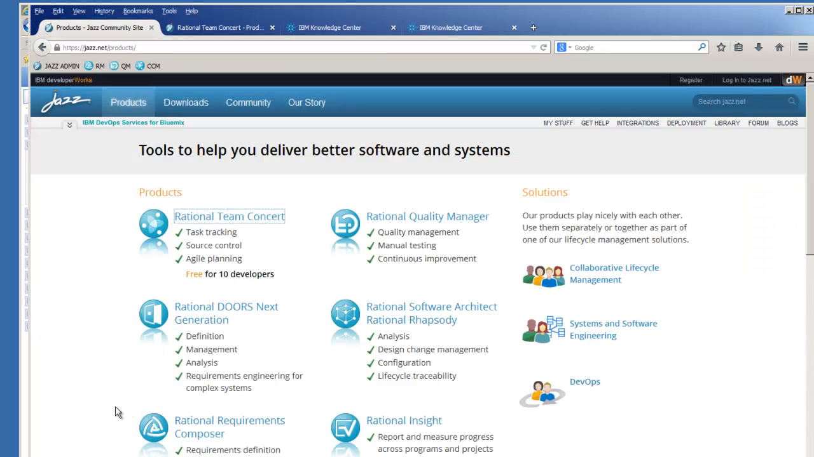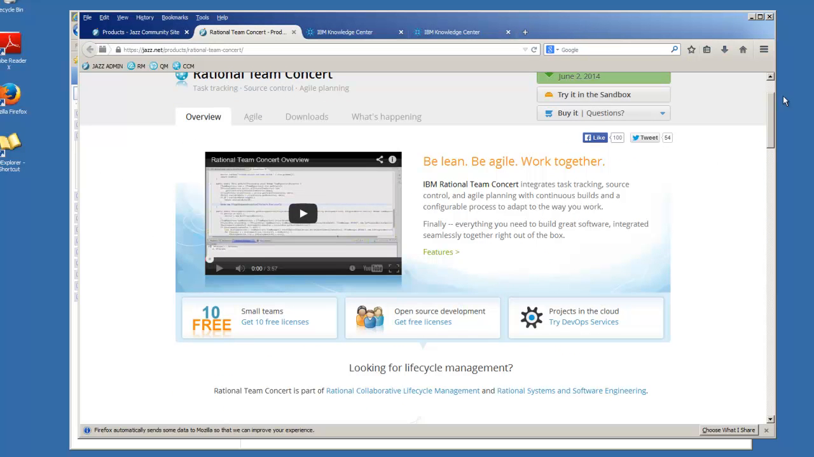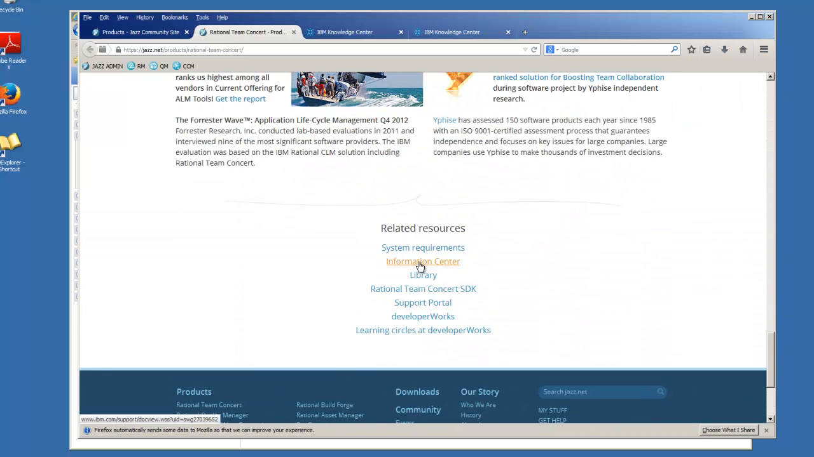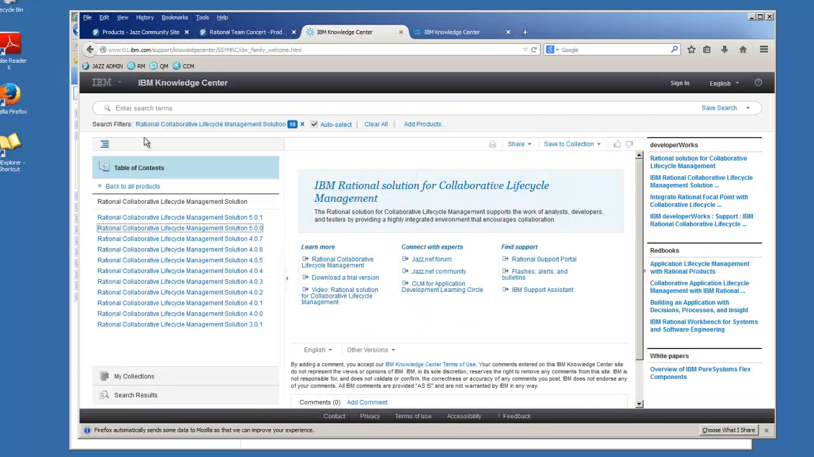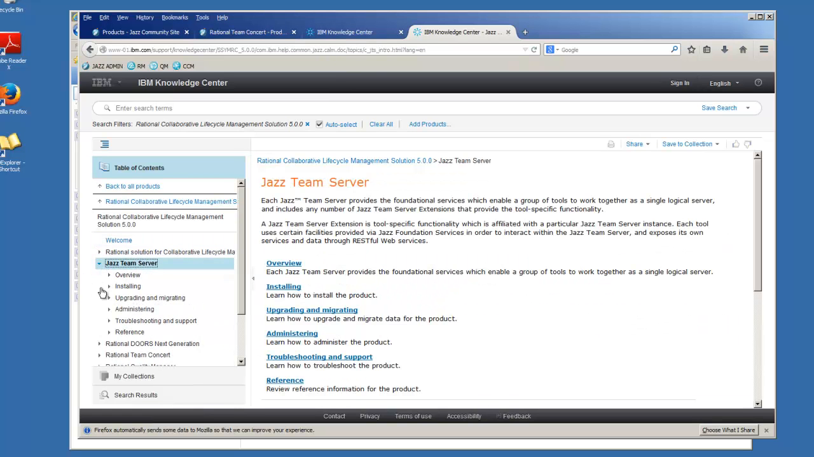first of all, we're getting our instructions from the JAS site. Go to JAS.net, then click on Rational Team Concert, which will take you to the Rational Team Concert product page. Scroll to the bottom and select Information Center, which will take you to the IBM Knowledge Center. Then select the version of JAS that you're installing. Under that version of JAS, you'll go to the JAS team server, installing,